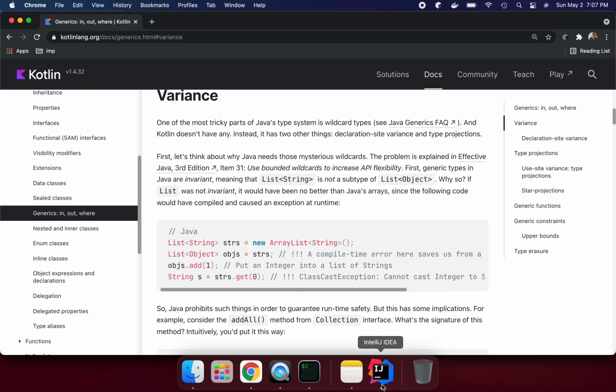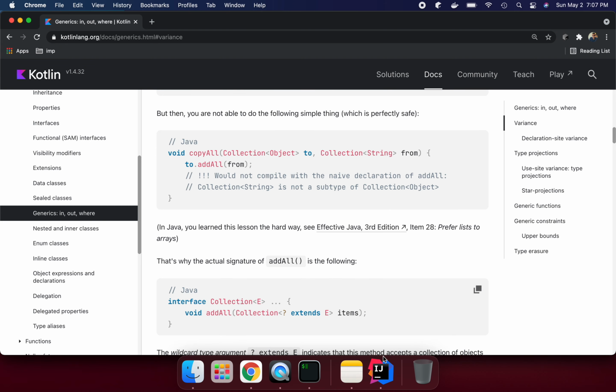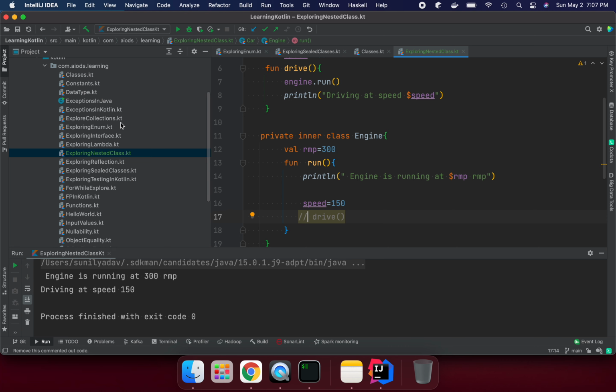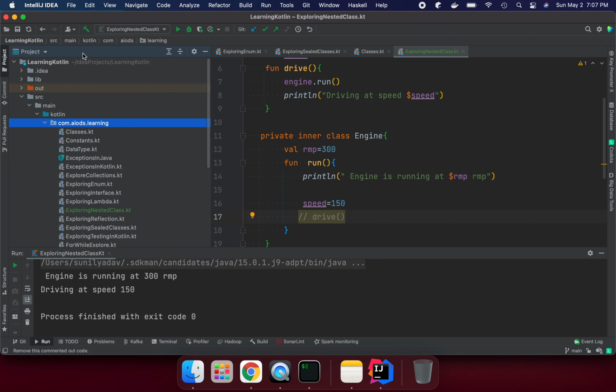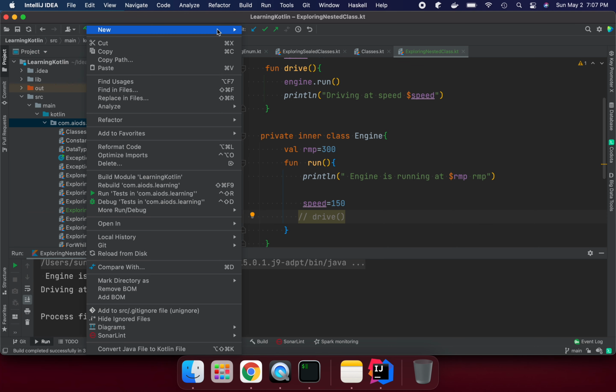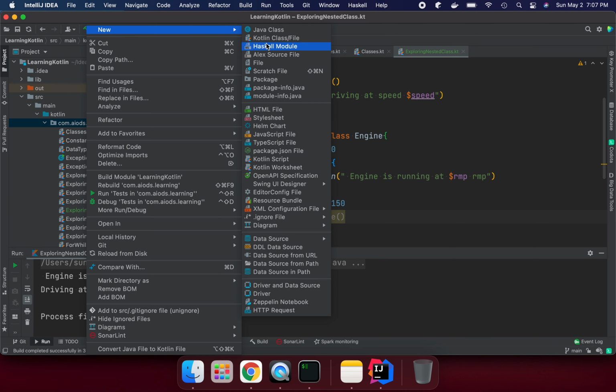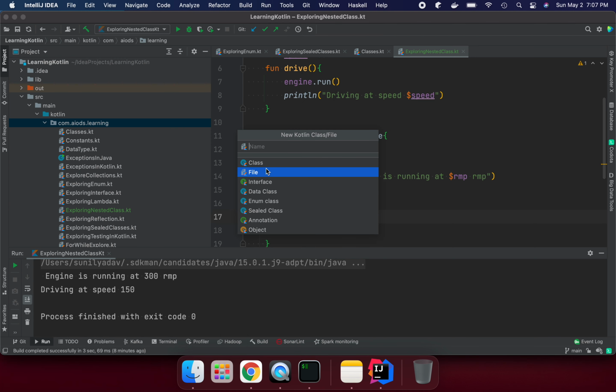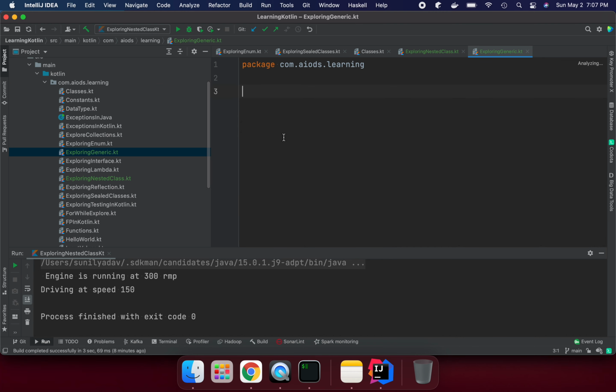So let's try to create an example, the same example we are looking at. I'm going to create a Kotlin file here in a similar way. I'm going to name it exploring generic, and this is the file.